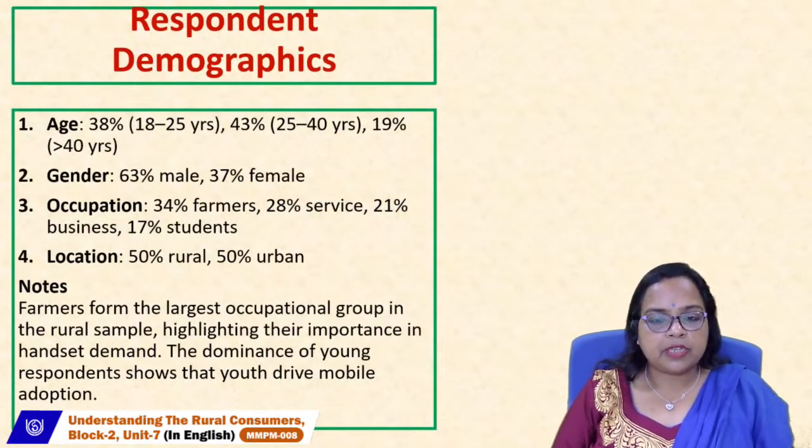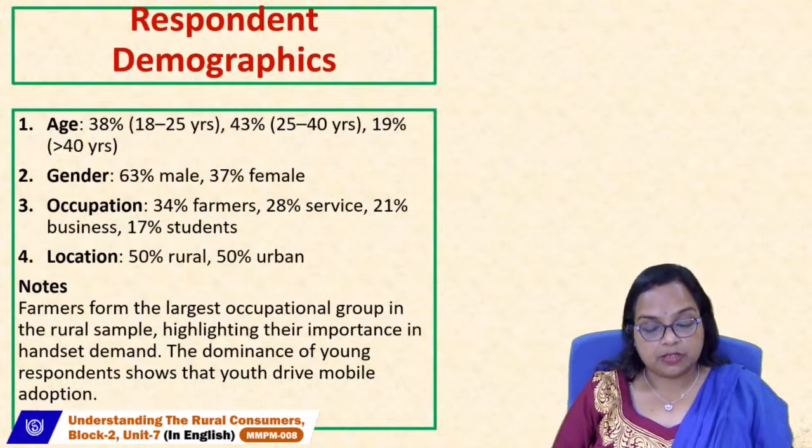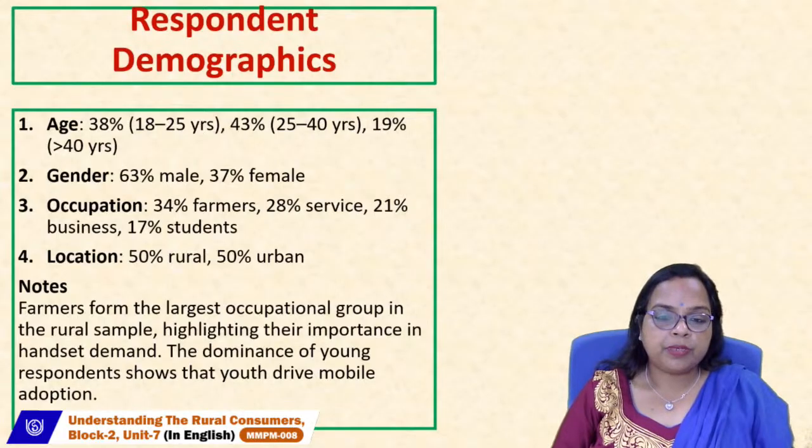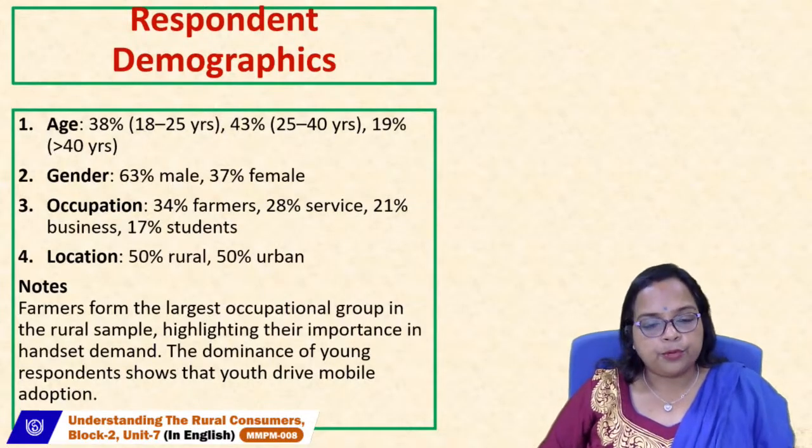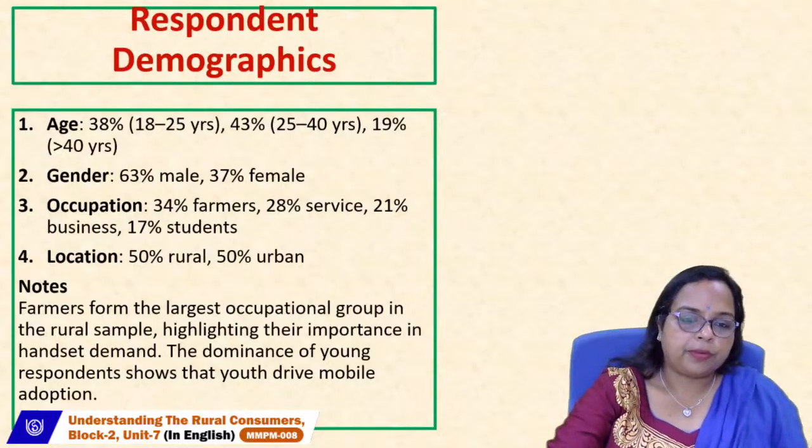You cannot have a one-size-fits-all formula for this. Selling techniques need to be different for different customers. For that, you need to be clever enough to understand their need, their requirement, and what your answer to their requirement should be. Location: our sample size is 60 from rural and 60 from urban, so your sample has equal representation of rural buyers as well as urban buyers.